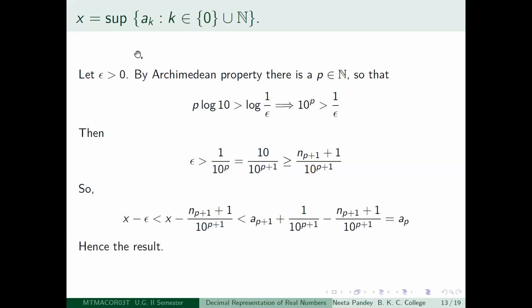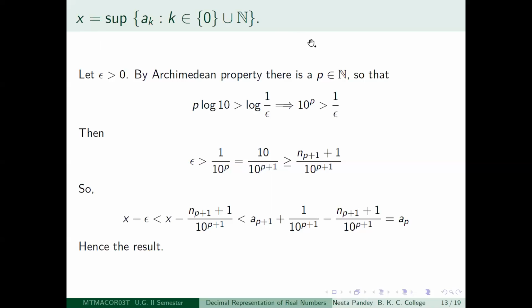So I think I am able to explain to you that given any point on the real line, you will be able to get a sequence of numbers n0, n1, etc. And those numbers will satisfy all the nice properties, and that number will define the real number n0 point n1 n2 etc.